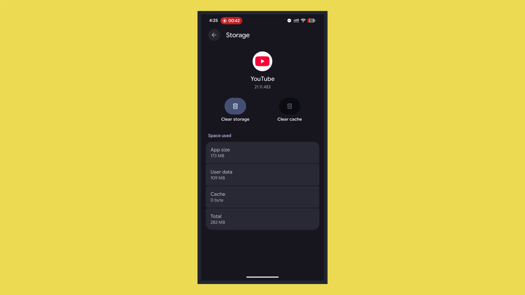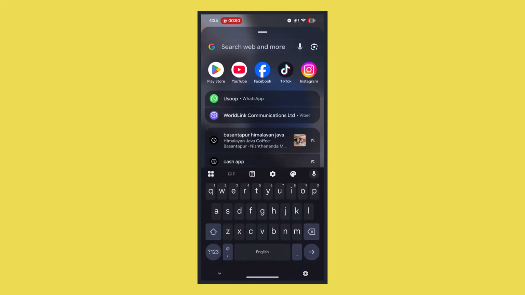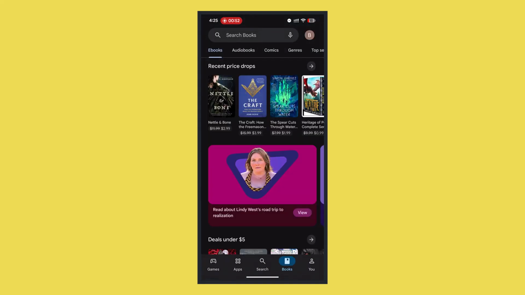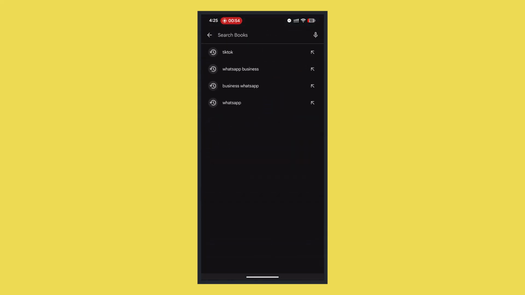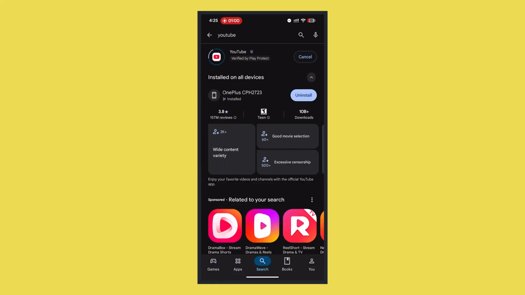Next, if you have any sort of ad blocker or other extensions, or VPN, you might want to disable that as well and ensure that the YouTube application is updated to the latest version. So go to your app store and type in YouTube on the search bar. There you have it, and you could simply go ahead and update the app, and that should definitely help you out